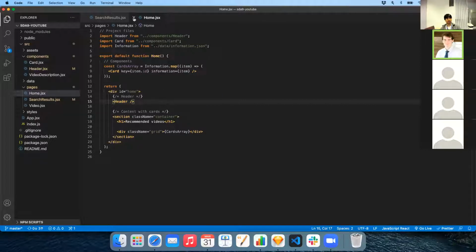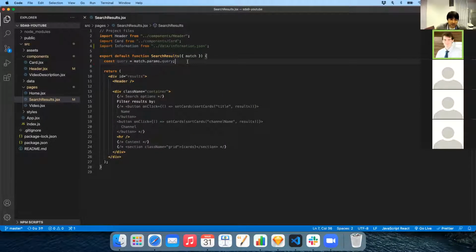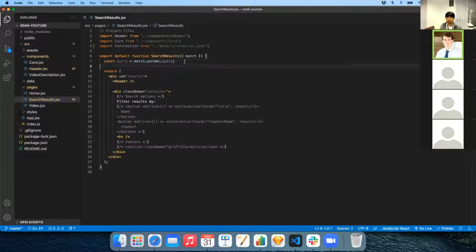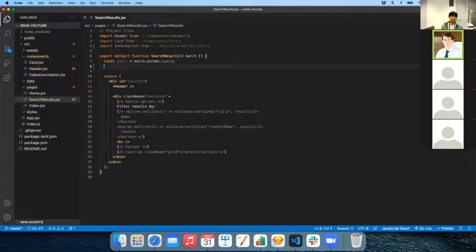And here in the research results, we're gonna do something similar to the one that we did in the video. Remember that in the video we have the entire information JSON array, and we just want to find one based on ID. We want to do something similar here. We want to filter based on the title right now. So for now, let's say const results equal information